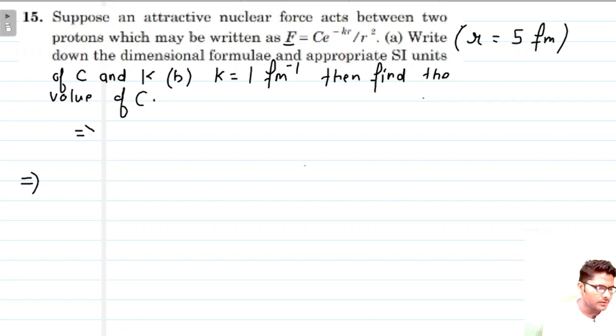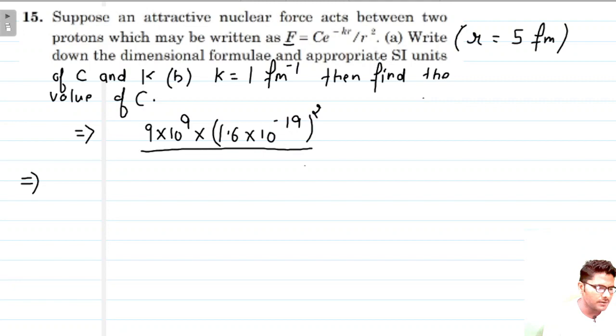So when two protons are separated by a distance of 5 Fermi, the electrostatic force will be 9 into 10 raised to power 9 into 1.6 into 10 raised to power minus 19 squared, over the distance between them, which is 5 Fermi, 5 into 10 raised to power minus 15 squared, should be equal to C e to the power